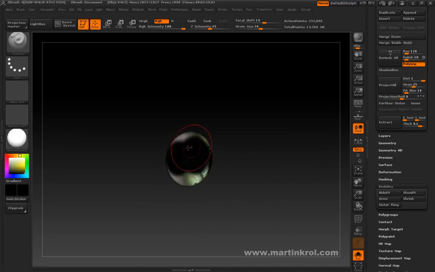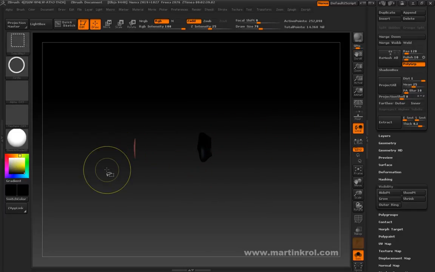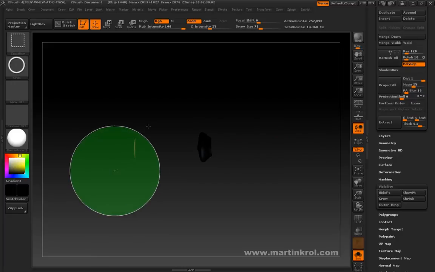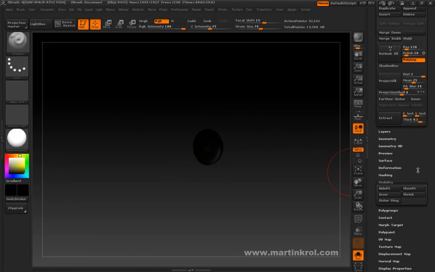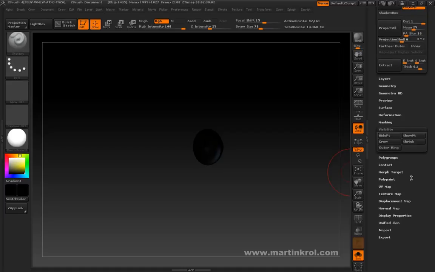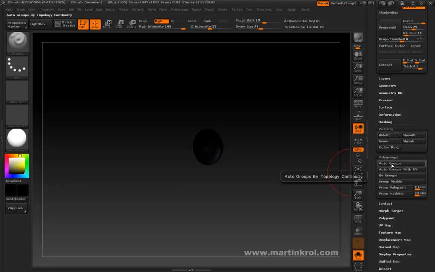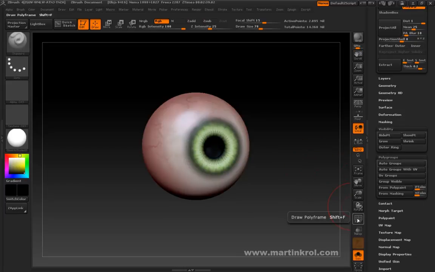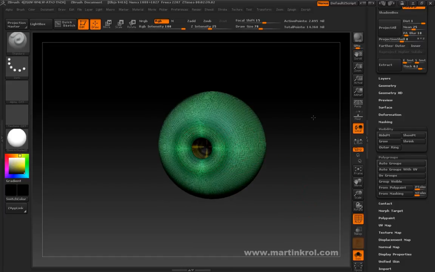So now I'm just going to fill this all in like that. And at the same time, one thing that I should also note is that I'm going to select this and deselect this. So press Control, Shift, select, press Alt to deselect that portion of the model. And now I'm going to go into, where's my polygroups? I'm going to go into polygroups and go to Auto Groups. And now, whenever I go into polyframe, you'll notice that I have one group for the inside of the eye,